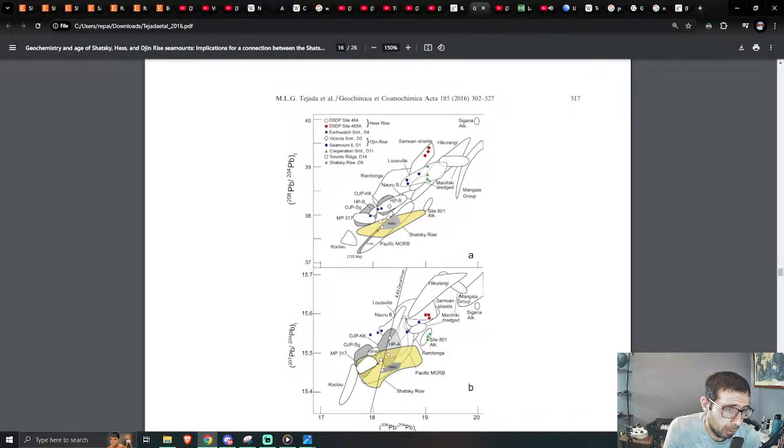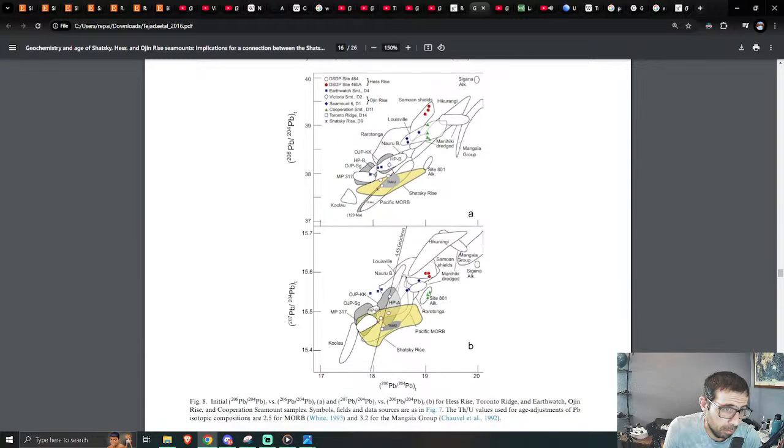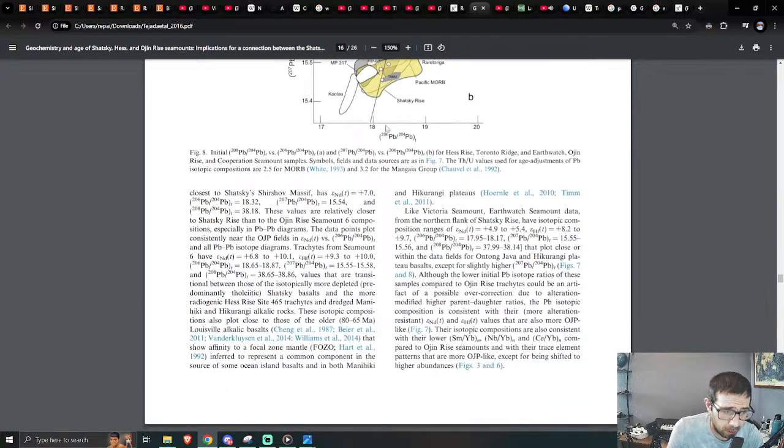So they got, I guess HP is Hikurangi. I don't know. Let's just keep going though. Trachyites? I don't know. Trachytes from Seamount 6